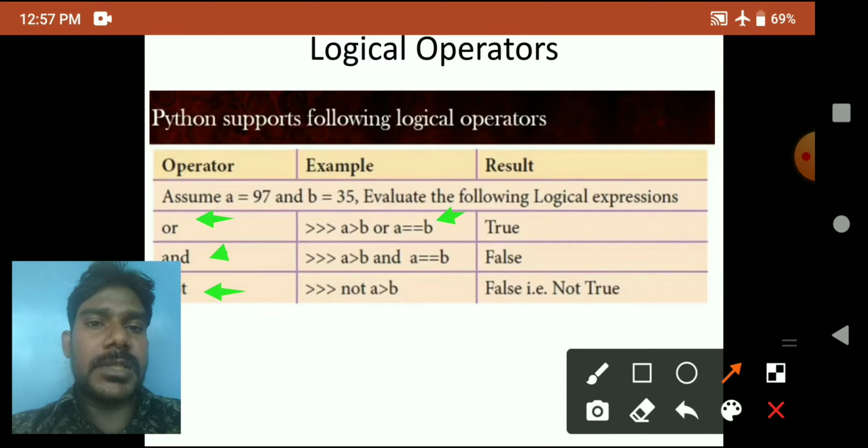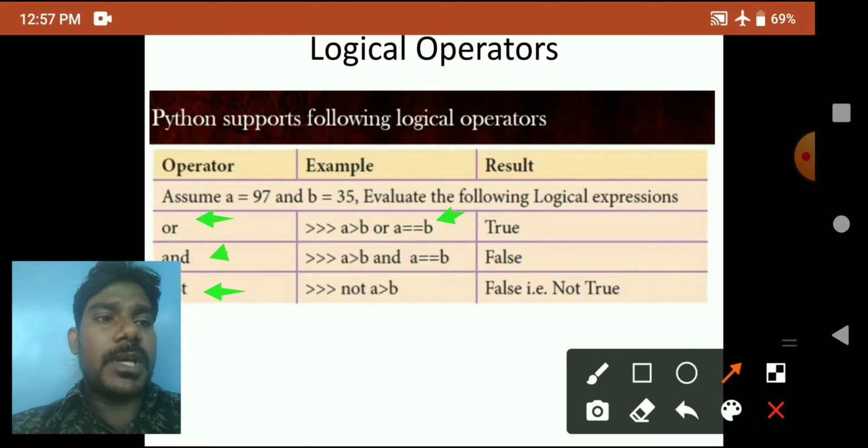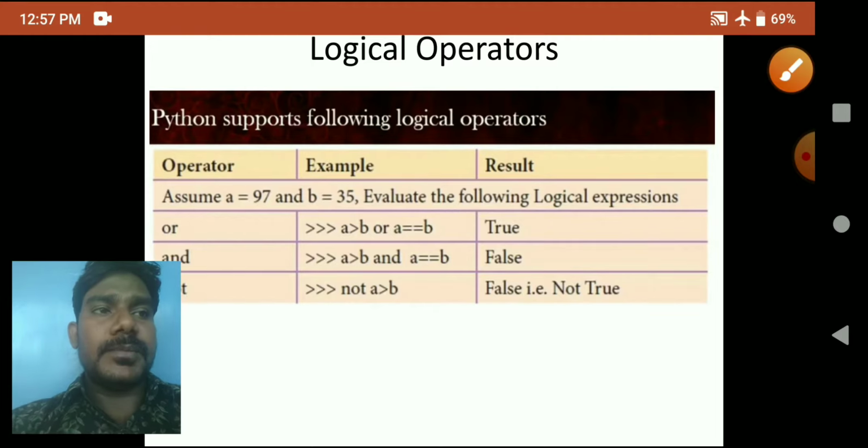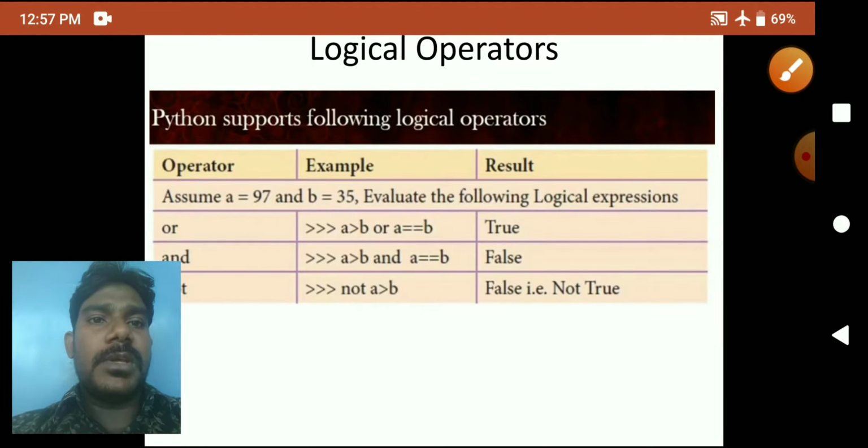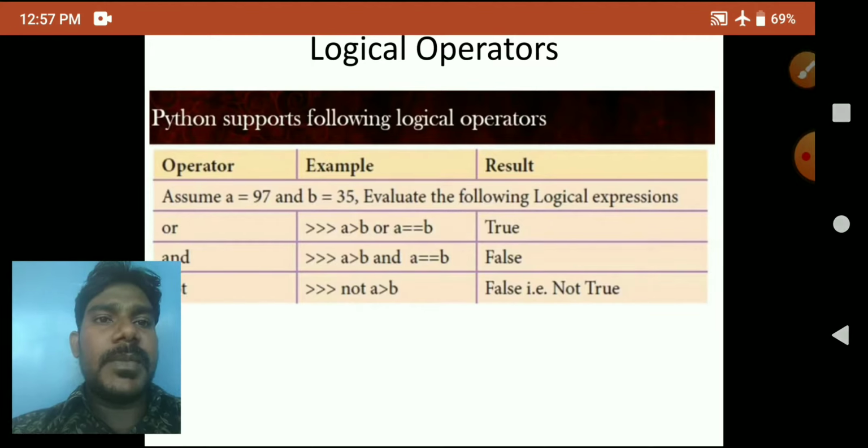Two comparisons are there, and we have to logically find the result of that particular condition. Before that, we have to assume the values: a equal to 97 and b equal to 35.